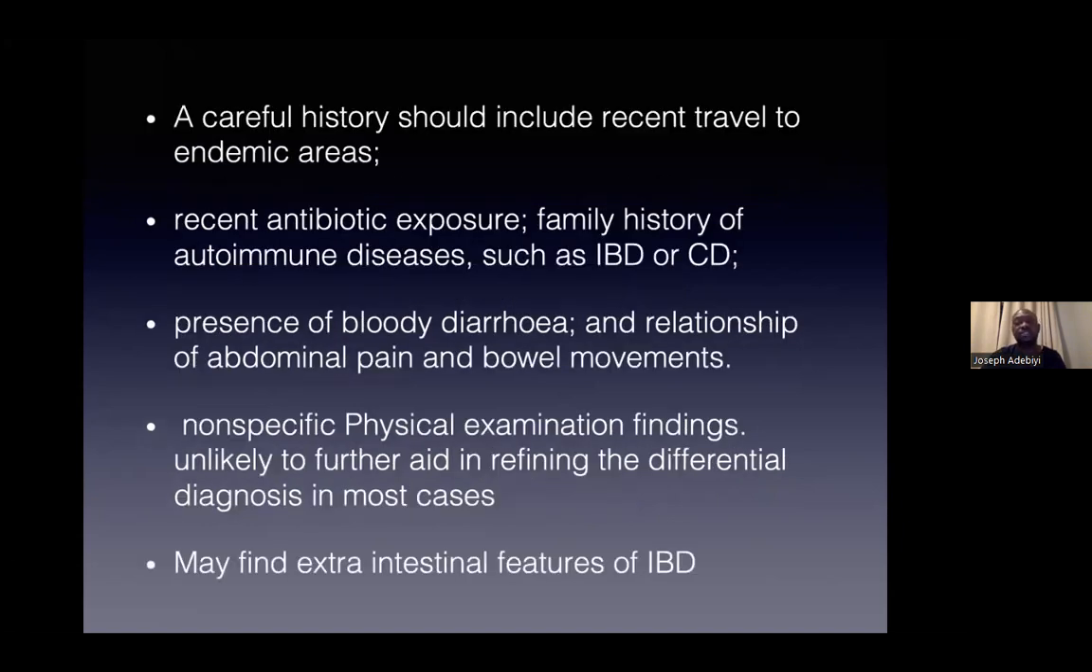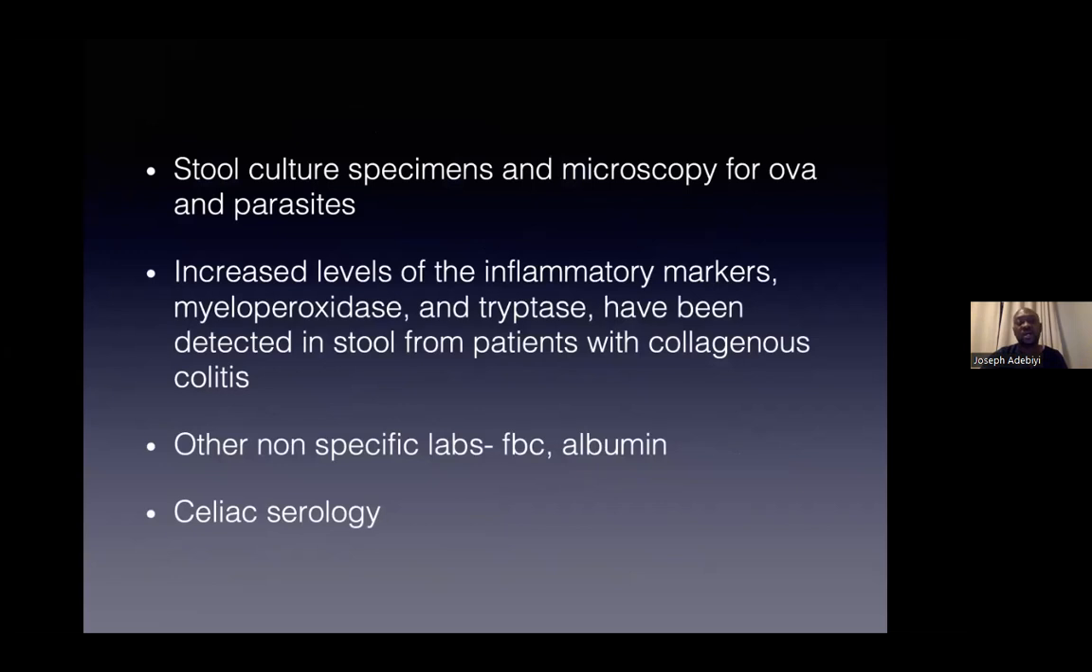Your history basically should include recent antibiotics and other drugs, and you want to rule out other autoimmune diseases, and you want to find out if there's any relationship between the cases and IBD. And then physical examination is usually non-specific, but you may find features of extraintestinal manifestations of inflammatory bowel disease if there's an association. In terms of laboratory investigations, you want to take your stool cultures,